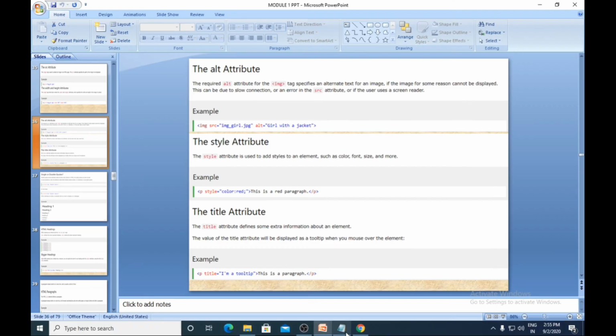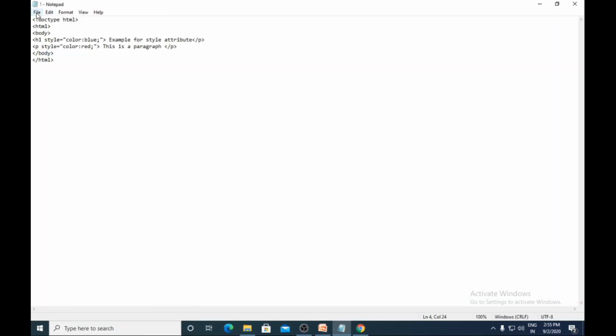For example, we will just see it in the notepad. File, new. Doctype HTML. Next is the HTML element, and the next element is body. We will write an h1, example of title element or title tag. Close the heading.